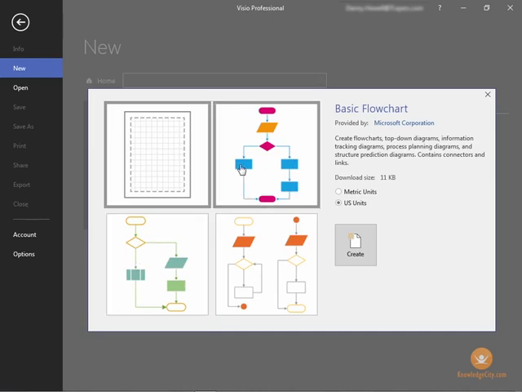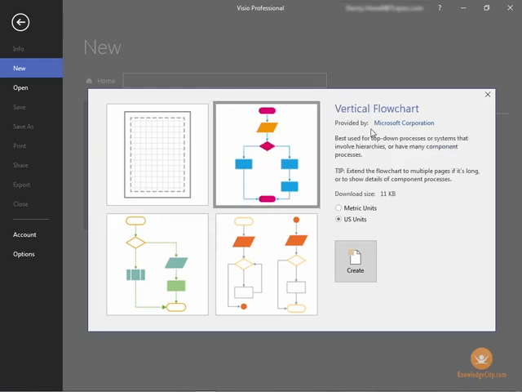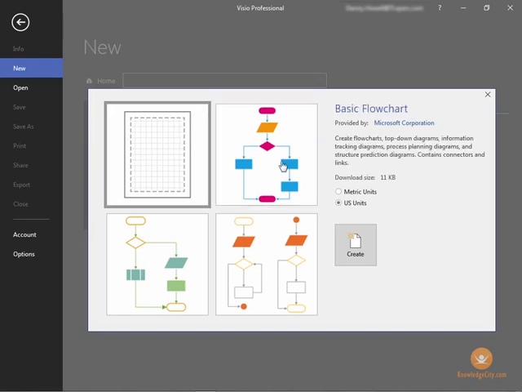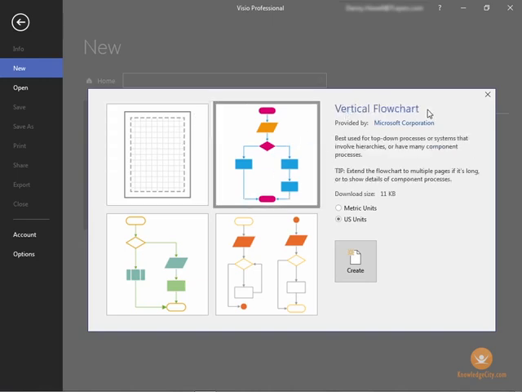Notice that when you select one of the starter diagrams here, if I select this one here on the right, I'm given information about that starter diagram here on the right. You see it says vertical flowchart. Now instead of basic flowchart, it says vertical flowchart, and it'll give me the best use for this type of flowchart, best use for top-down processes or systems that involve hierarchies or may have many component processes. And then here's a tip: extend the flowchart to multiple pages if it's long or to show details of component